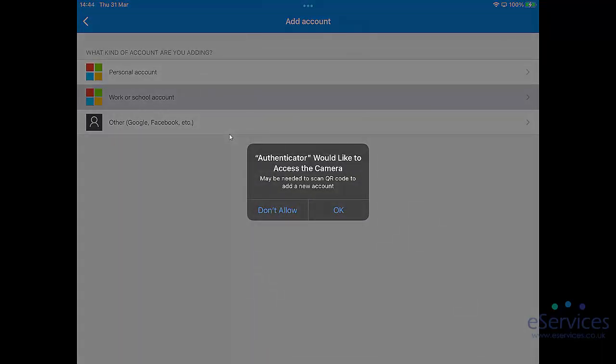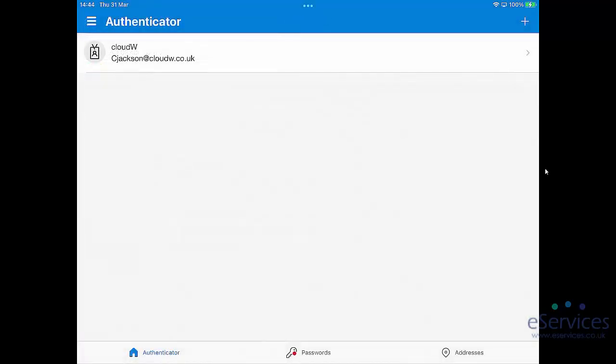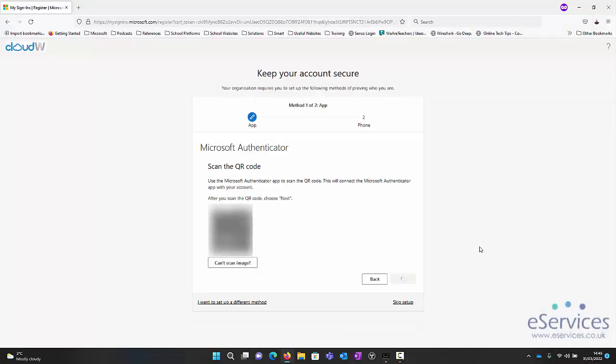Now it may want permission to access your camera, particularly if this is the first time that you've run Authenticator. So obviously click OK, and then scan the QR code in. When you scan the QR code in, it'll ask you if you want to allow the notifications, and of course we click allow, and then this will pop up. And Microsoft Authenticator is now set up. If we go back to the website and click next,